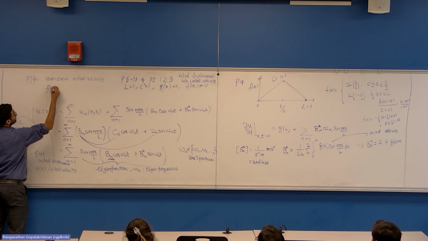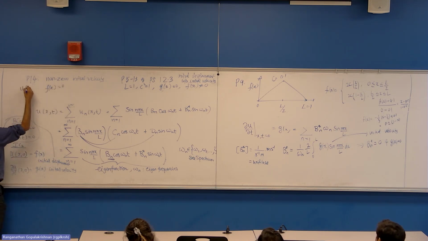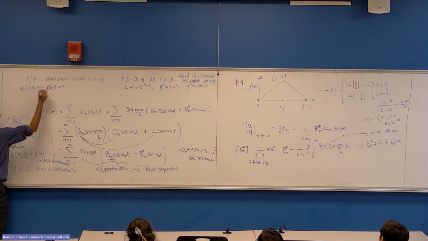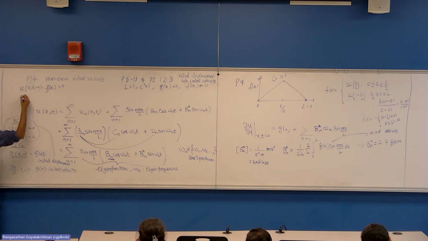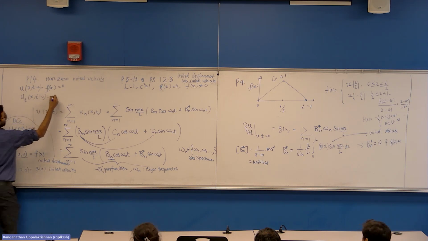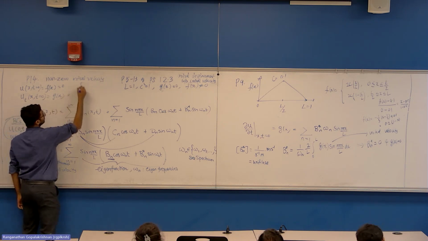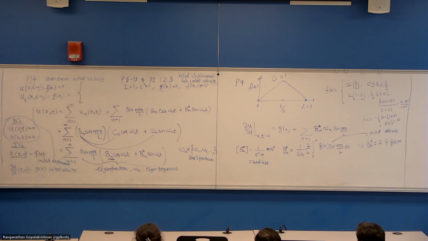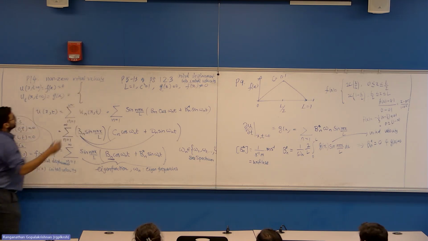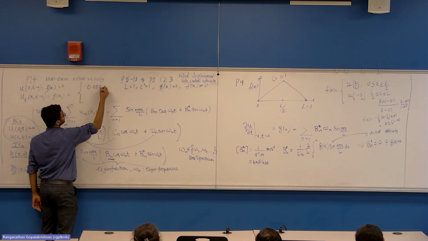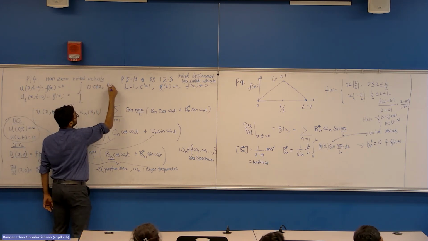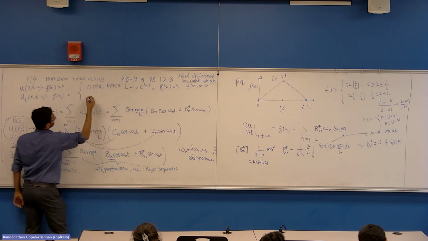So f of x happens to be 0, that is u of x comma 0 happens to be 0. And the first derivative of u with respect to time at time 0 happens to be g of x, which is given to be a triangular velocity, pretty much like what we had there, equal to 0.01 x for 0 less than x less than